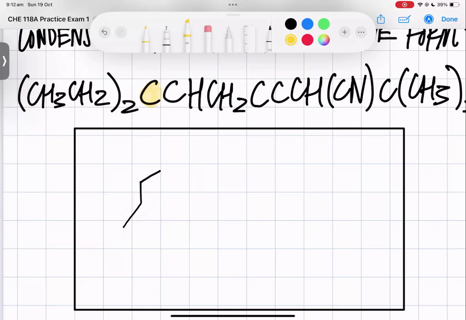The CH3, CH2, because they're in parentheses, that means they're substituents, right? That means they're going to have to come off of a central carbon. They can't be connected to each other. Like the way that you drew it, those two CH3 CH2s are connected to each other. Oh, I see, I see. Okay. We want them to come off of a central carbon. Okay, that's my central carbon, and that's the other carbon there.